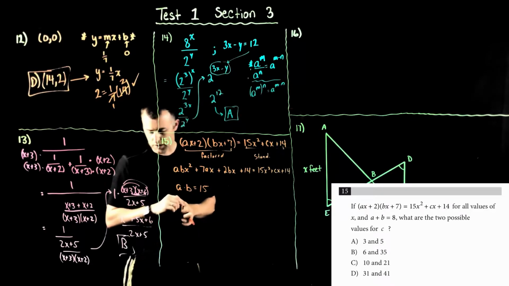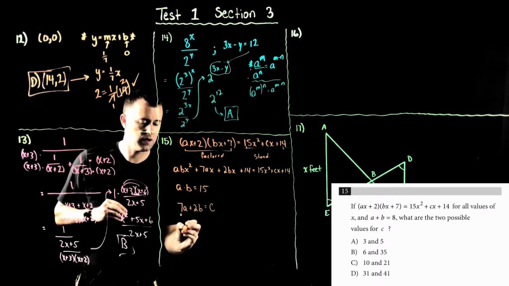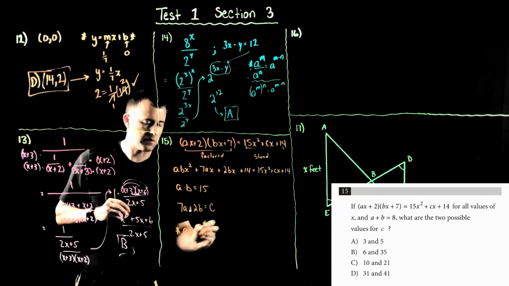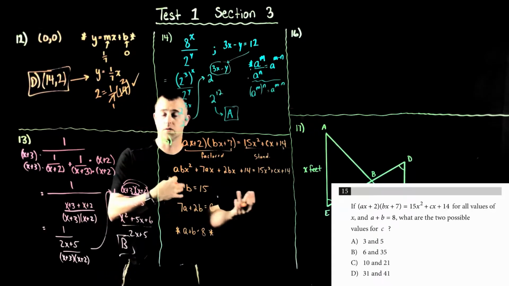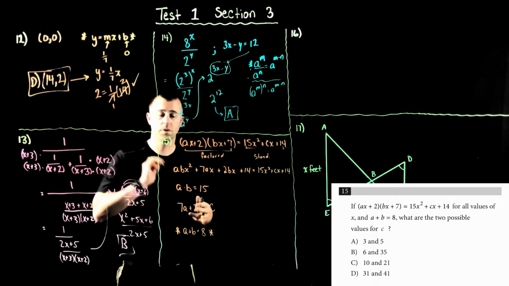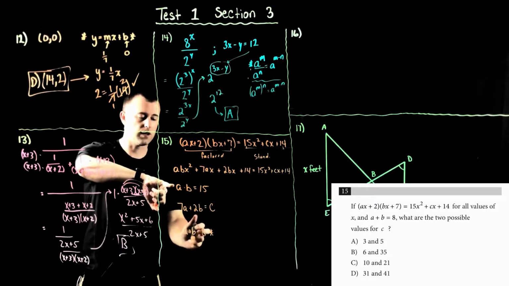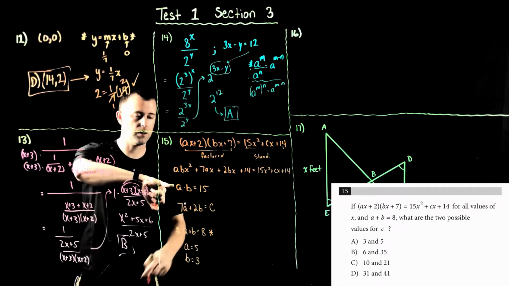Now this problem says a plus b, this is another piece of information given to us. We know that a plus b is equal to 8. So that leaves us with a couple of options here for a and b. I can go 4 and 2, 8 and 1. There's actually a lot of options, 5 and 3, but I want to find the ones that multiply to give me 15. So in this case, I'm thinking, well, a, I'll call 5, and b, I'll call 3. Those will add up to 8,